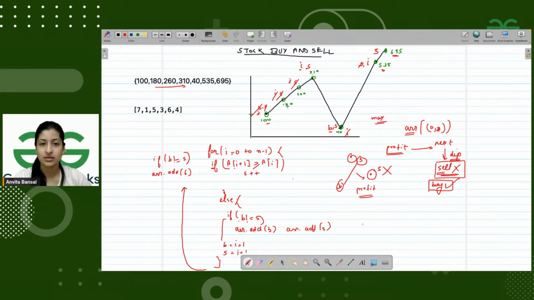This is index 4. First you will add your 4, then you will add your 6. So the next answer that you will have will be pairs 4, 6. And what is the profit? If I ask you what is the profit generated, so this is the 6th index, this is the 4th index,